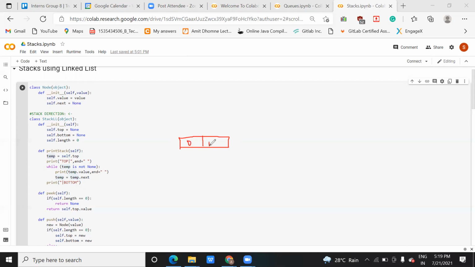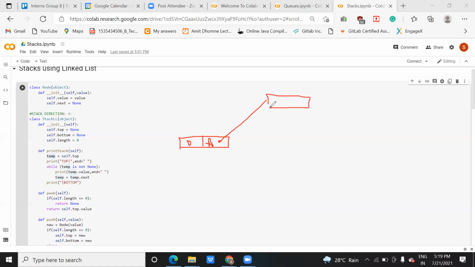This is data, and this is your address. This data will hold your data of the stack, and this address will point to the next node based on the address.